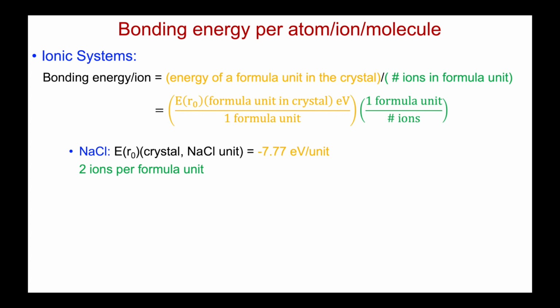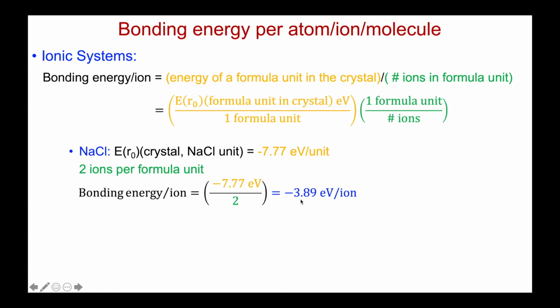The energy of a bond within the sodium chloride crystal, in other words, we have already corrected using the Madelung constant to get that energy, is 7.7 eV per unit, per sodium chloride unit. There are 2 ions in that unit, and so the energy per ion is this number divided by 2, minus